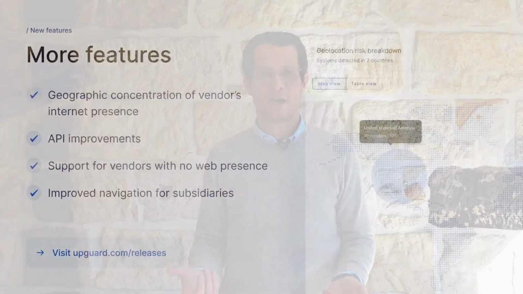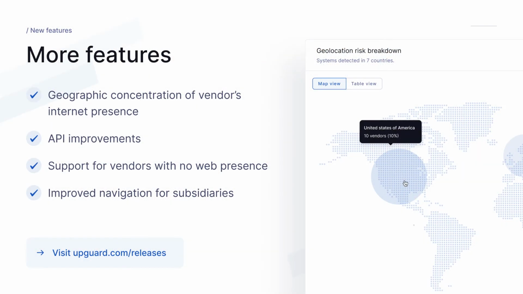We've released a number of other enhancements over the past quarter, including showing the geographic concentration of vendors' internet presence, API improvements, support for assessing vendors with no web presence, and improvements to how you navigate subsidiaries. To see them all, go to